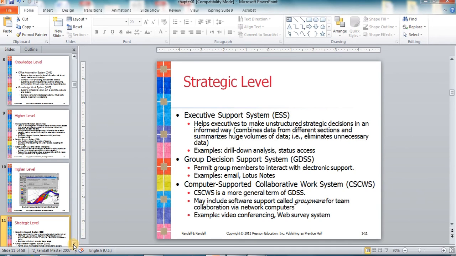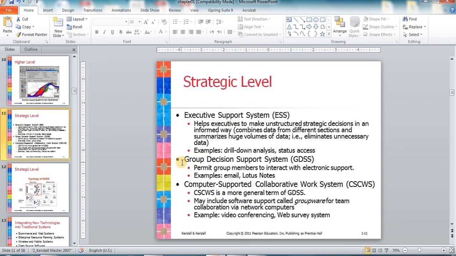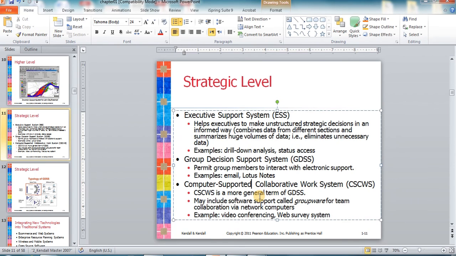The last two software are very similar to each other, which are the group decision support system and the computer supported collaborative work system. These mainly help managers to interact and collaborate with each other mutually in order to reach global decisions that will affect the whole company. Computer supported is more professional in technology than group decision. Group decision could be implemented without the professional network support, without professional collaborative communication support between the